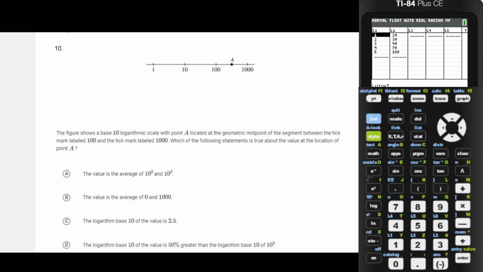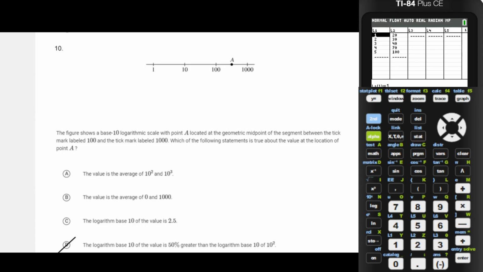Now, I know for a fact, after having thought about it for a while, I can certainly eliminate answer choice D, because the logarithm base 10 of 10 to the 2 is the exponent I put on 10 to get 10 to the 2. Right? And that's going to be a 2 exponent. Okay, so 50% greater than 2 is 3, and 10 to the 3 is 1,000. So I know that A is not sitting at 1,000 because it would be on top of 1,000 if that was the case. Okay, now, the average of 10 to the 2 and 10 to the 3, I mean,